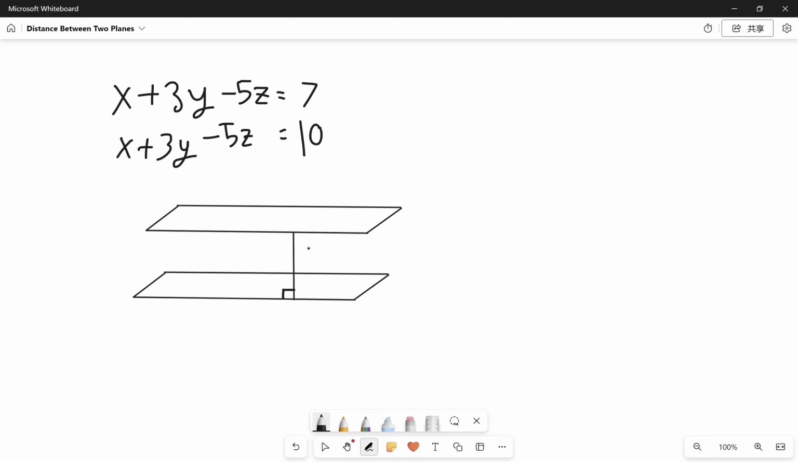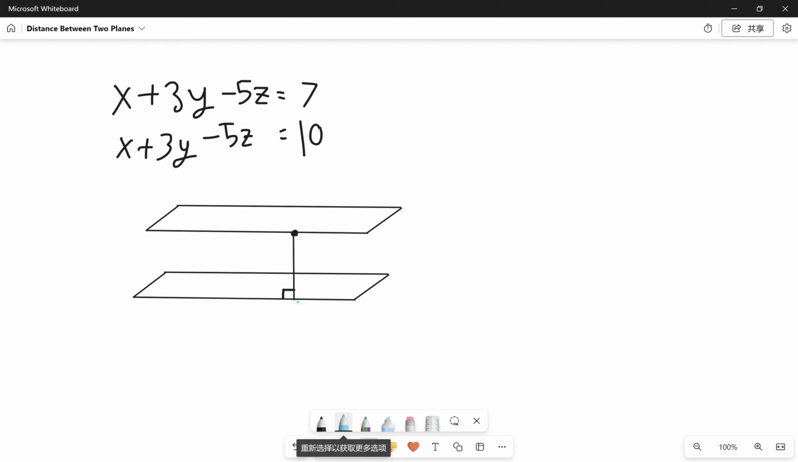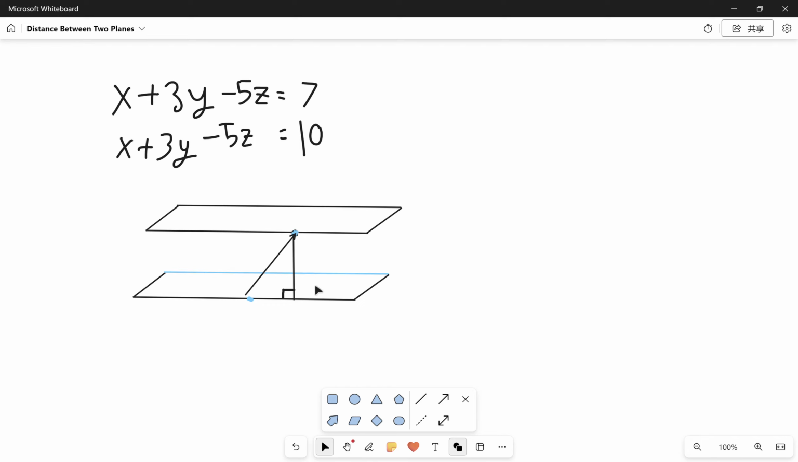Remember when we tried to find the distance between a point and the plane? All we did was use projection. We essentially just found a vector on this plane. What we did is this: we found a random point on this plane, we connected that point to the original point we want the distance of, and then the distance is actually just the projection of this new vector